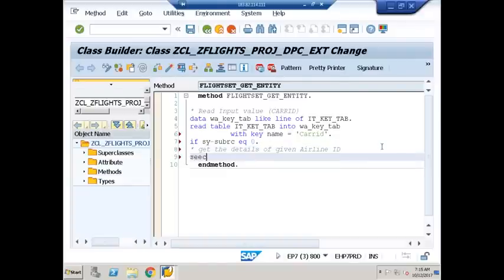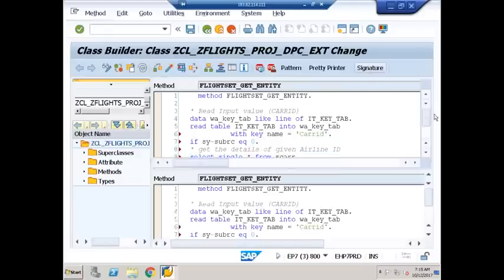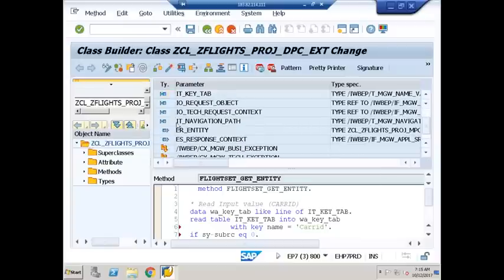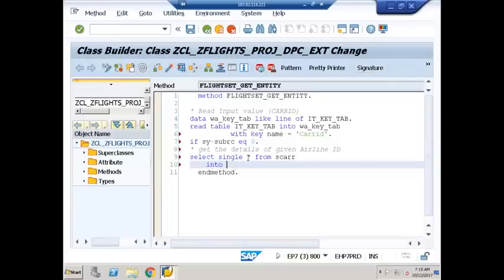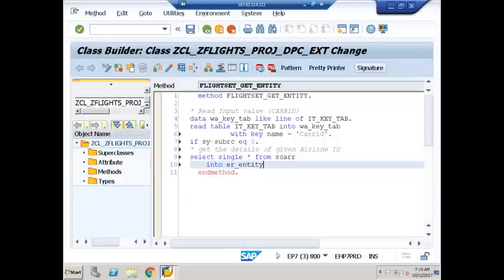So I'll say select single star from scar table into the work area, er underscore entity. Anyhow, this is also referring to the entire structure, that's the reason I'm saying star here. Into the return work area, er underscore entity,